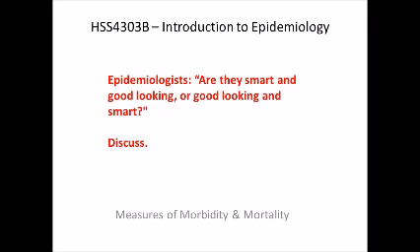Do you currently have asthma? That's a point prevalence measurement. Have you had asthma during the last X years? Period prevalence. Have you ever had asthma? That's a cumulative incidence question. So these are the kinds of things we ask on health surveys, and this is the kind of math we then do with those questions.